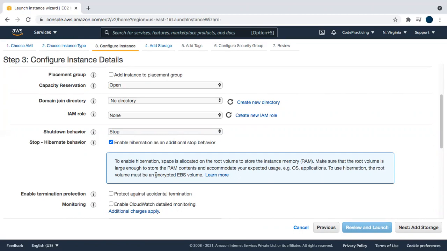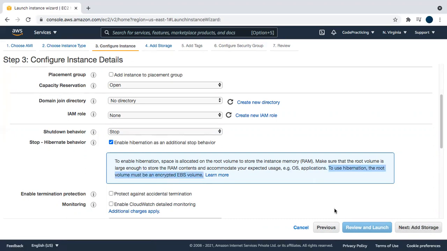Make sure that the root volume is large enough to store the RAM content and accommodate your expected usage. To use hibernation, the root volume must be an encrypted EBS volume. It's specifically written here: to use hibernation, the root volume must be encrypted.